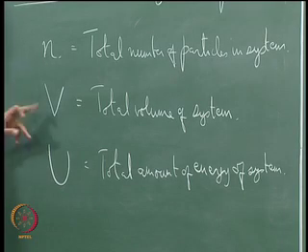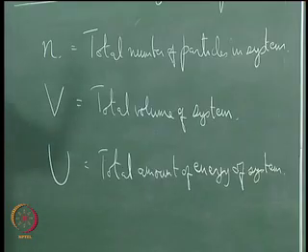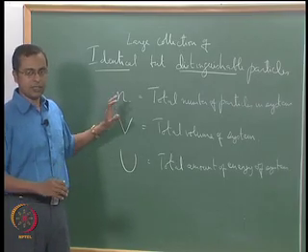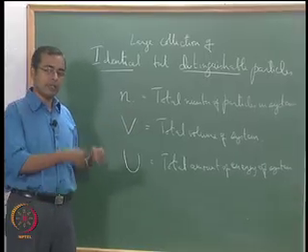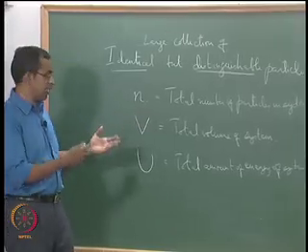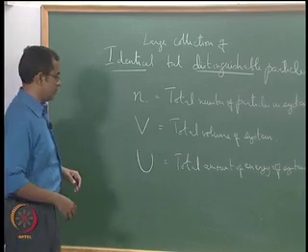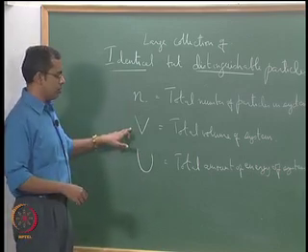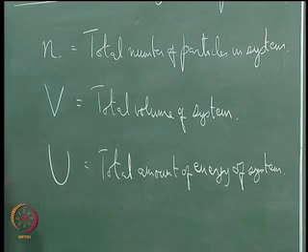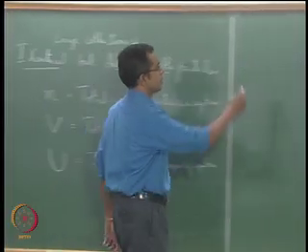Okay, and I mentioned again last class the importance of V being constant for theoretical studies, because then that fixes the energy levels that are available in the system. That itself is a concept we will just accept on face value for now. Later on in our course we will convince ourselves in a more detailed manner that that is the case. So for now you just accept that this is the case, it is a confined system so to speak. Total number of particles is fixed, total volume is fixed, total amount of energy is fixed for our system, right. So with these constraints we are going to derive the Maxwell Boltzmann statistics.